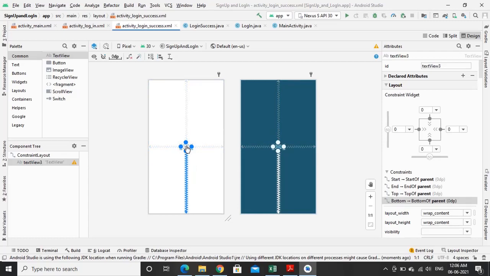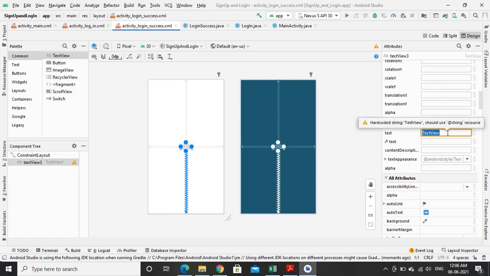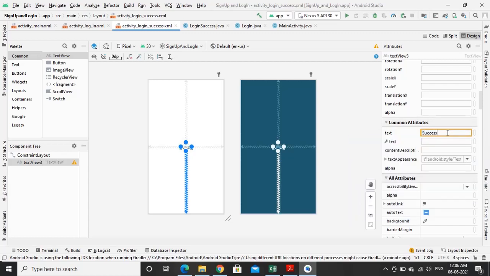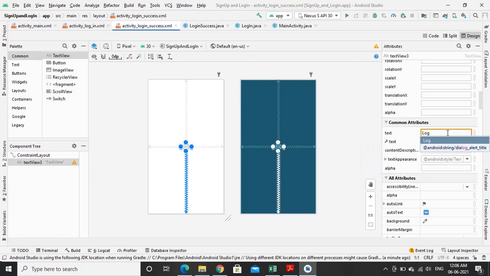Let it be in the middle of the page. We need to change the text. Logged in successfully or successful logged in. Let it be login successful.